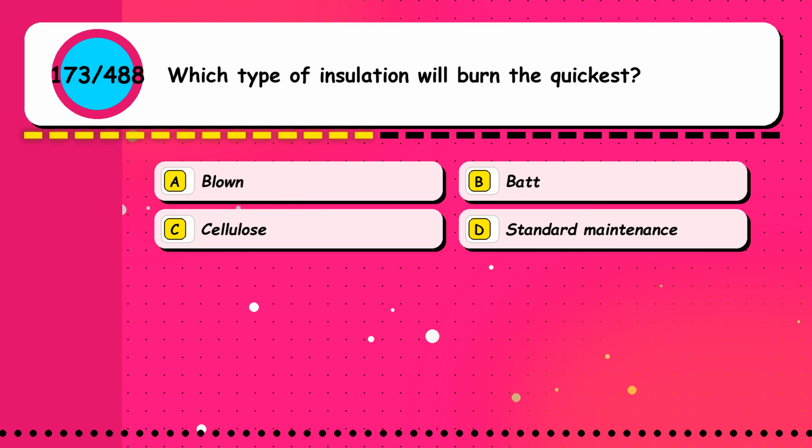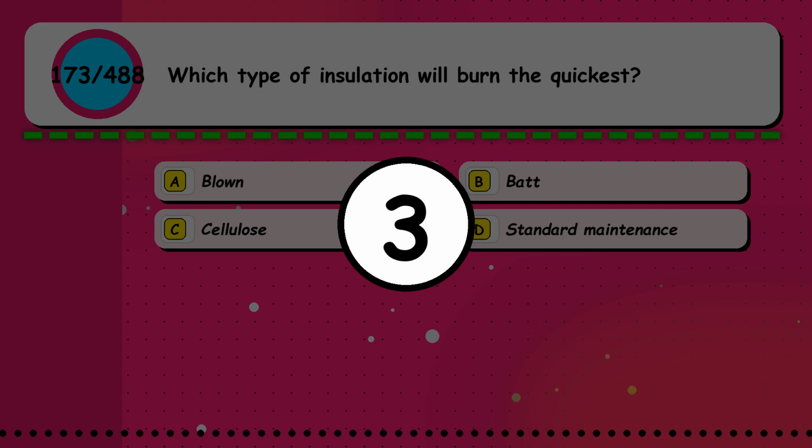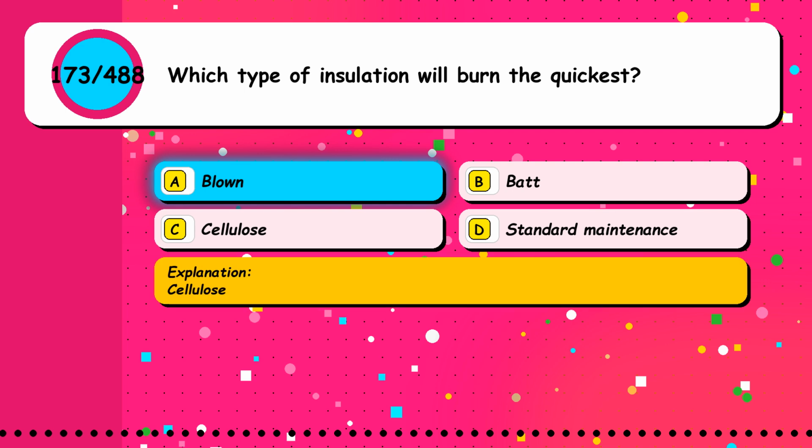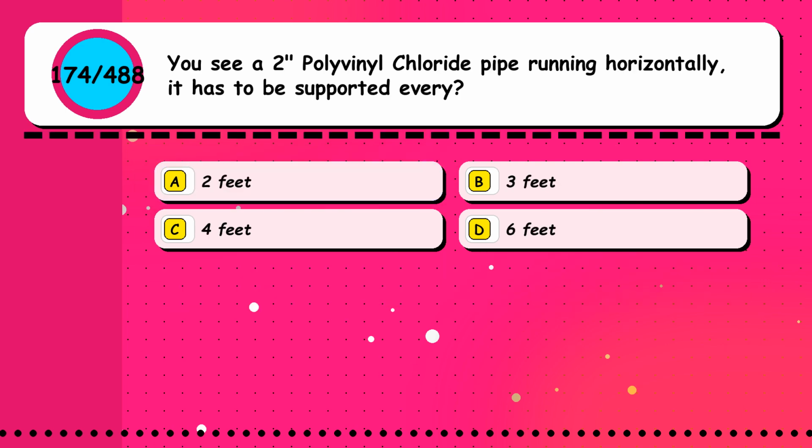Option A, blown. Option B, batt. Option C, cellulose. Option D, standard maintenance. The correct answer is option C, cellulose. Question 174. You see a 2-inch polyvinyl chloride pipe running horizontally. It has to be supported every: